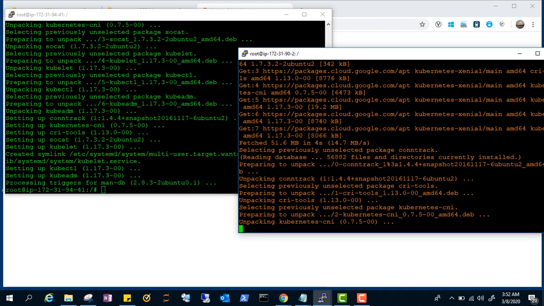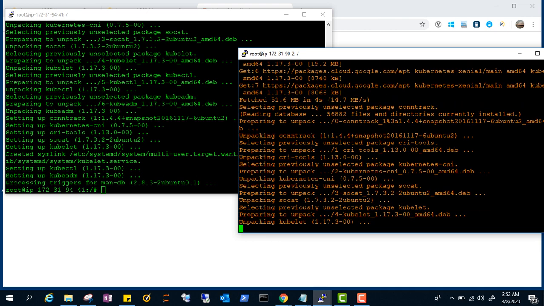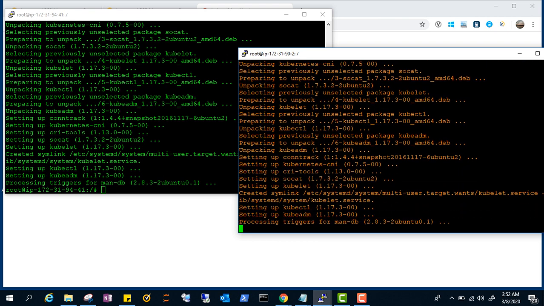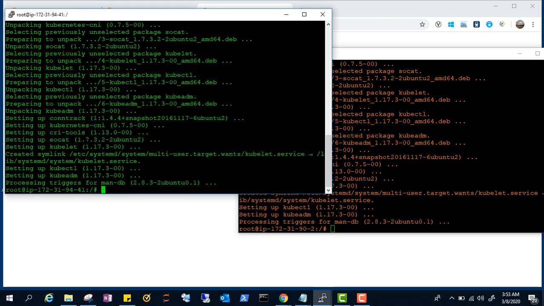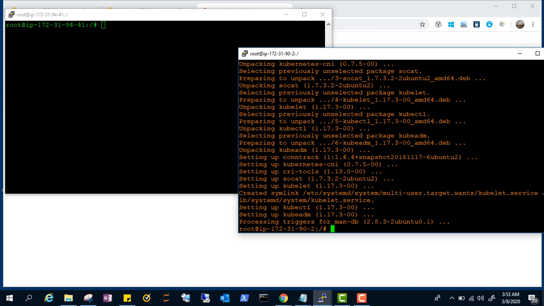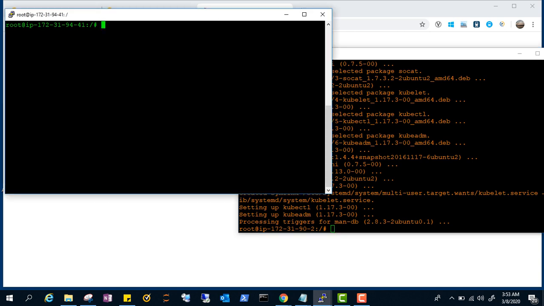So up to here all the steps are same for both master as well as nodes. Now we need to make sure which machine, which Ubuntu machine, will be used as a master. Awesome. So on both the machines we have installed now. This green one I'll make the master, and this orange one I'll make the slave. So now Kubernetes is installed here. So what we will do now,